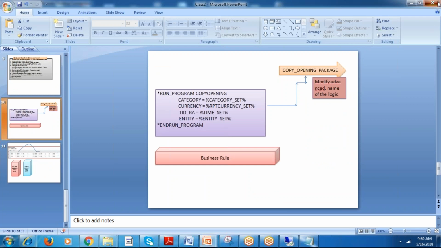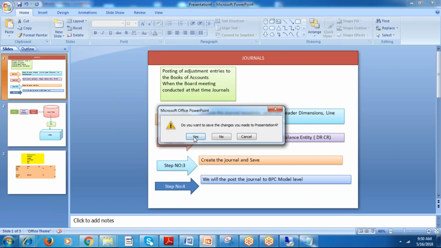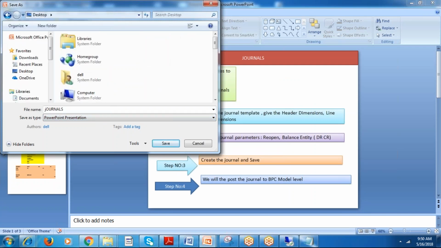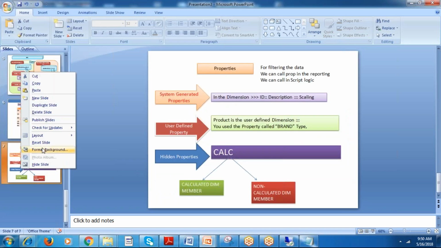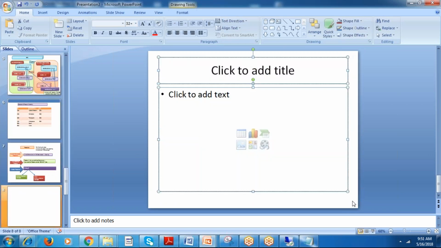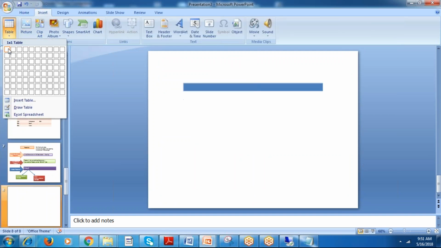Let me close all these things. Go to the new slide. Say for example, I have created the input schedule. Against the input schedule, I am just taking these three.